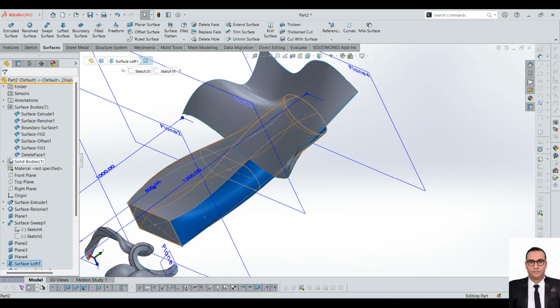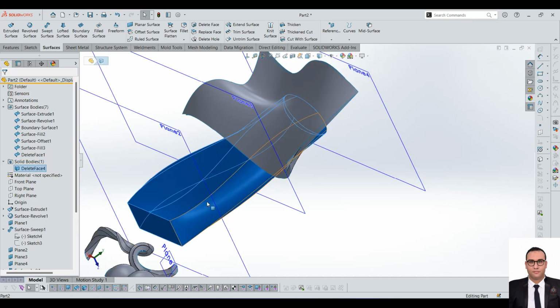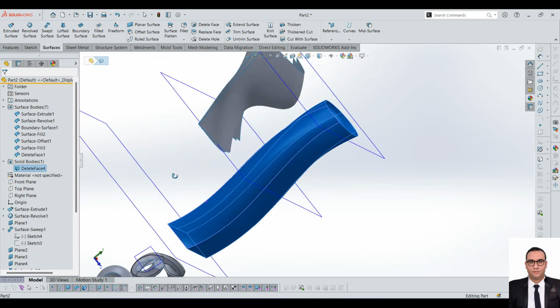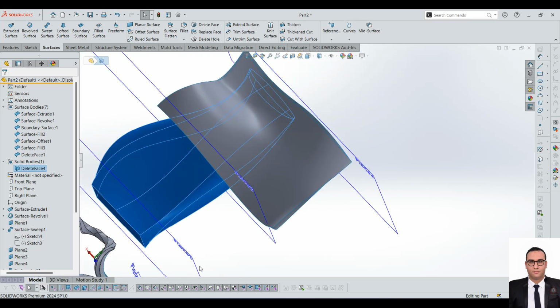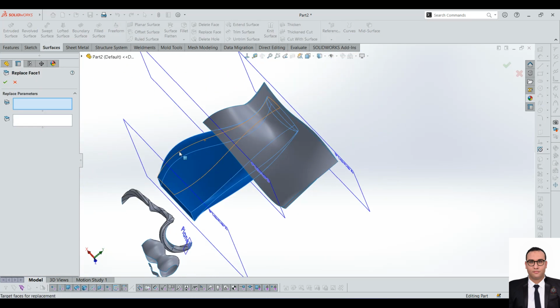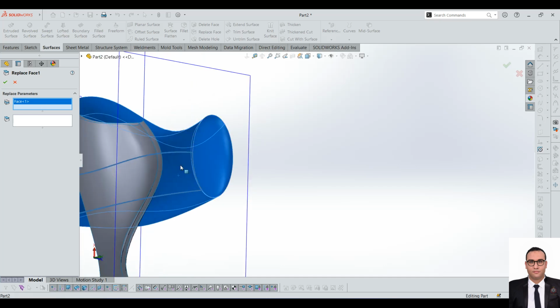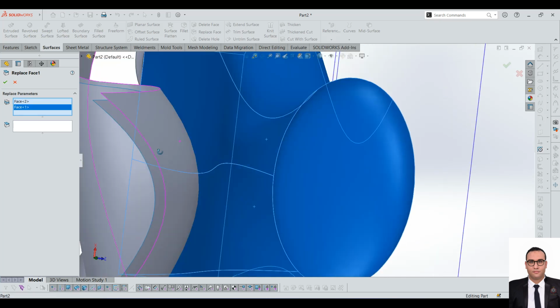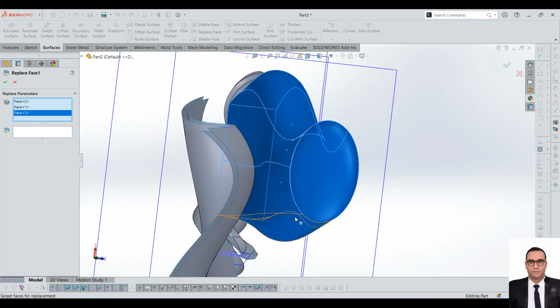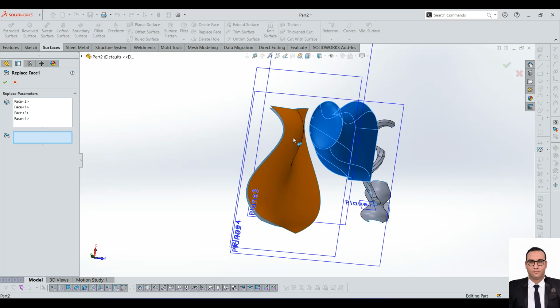If we go to this floor here, we'll see that this is a solid body right now, and we can work with it in the next function, replace face. And now we are going to select the body, or actually the surfaces that we are going to work with. This surface here, or this surface here, all the possible surfaces that we are going to work with, and then we are going to select the face that is going to be applied, and okay,